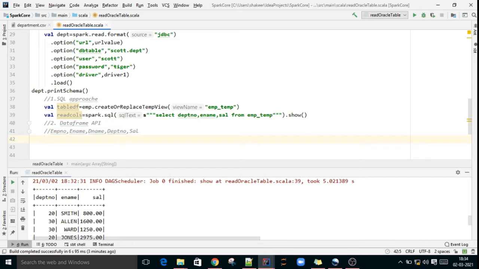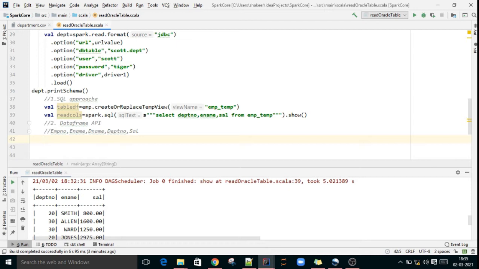Why do we need joins? Suppose in one database we have 10 tables, and we want to generate a report by taking two columns from each table. In such a scenario, how is it possible without joins? So using joins, we can compare common columns, join and fetch the report. Otherwise, based on a logical condition, we can compare each table and pull the data.